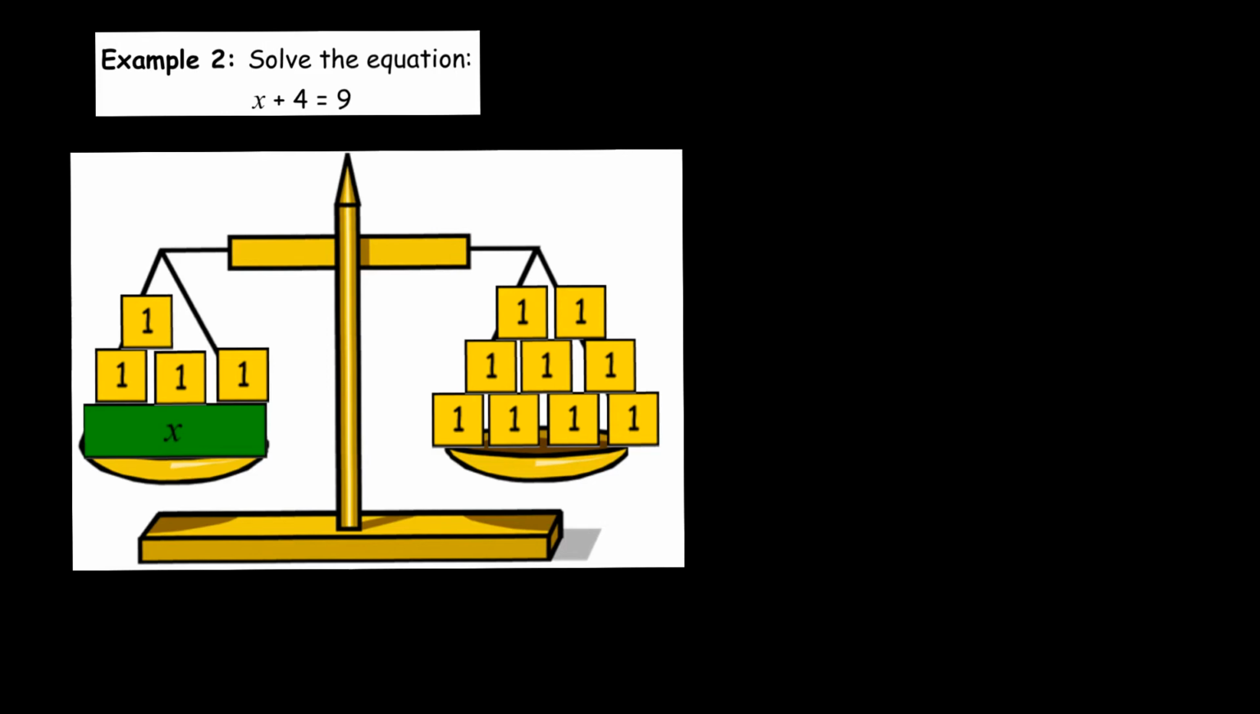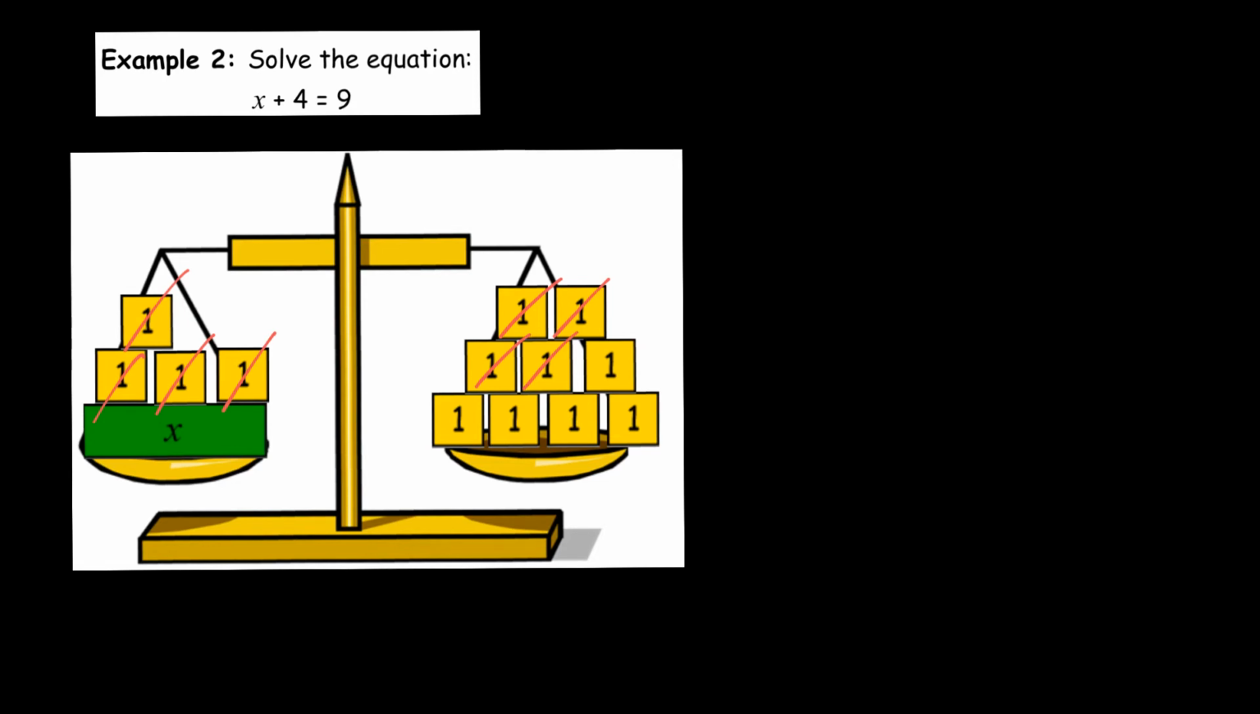So our goal when we're being asked to solve is to get x on its own. And we have to look at this and think, well, right now, what is stopping x from being on its own? And what's stopping it is the 4 that's on the left-hand side. So we get rid of them. But if we've gotten rid of 4 on the left-hand side, we also have to get rid of 4 on the right-hand side. So we'll get rid of 1, 2, 3, 4,